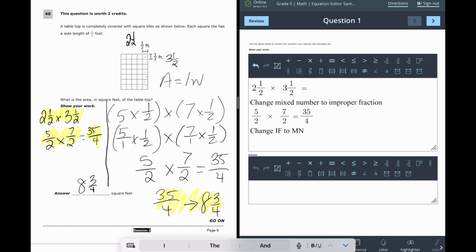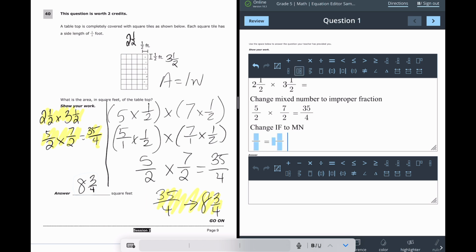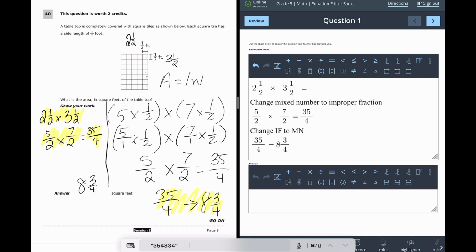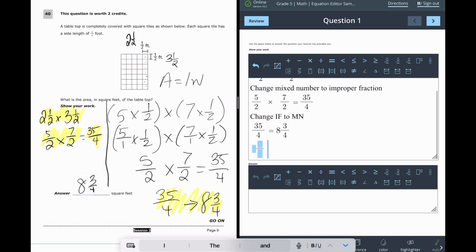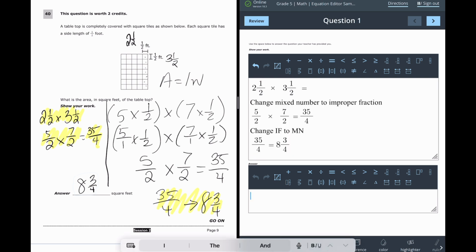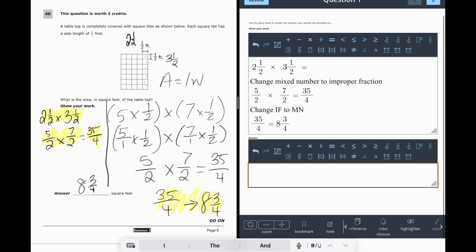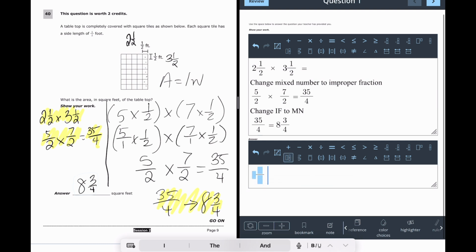So now I'm going to have my fraction is equal to a mixed number. So 35/4 is equal to 8 3/4. And that's my final answer. So my final answer here, I'm just going to put, oops, I didn't want it in that row. Let's delete that. I wanted it down here. Really weird that they had it here. Okay, there we go. 8